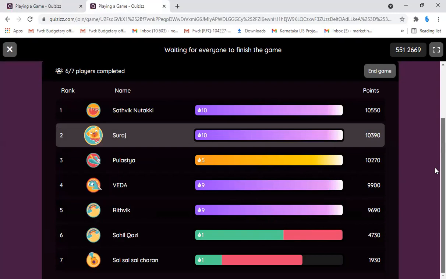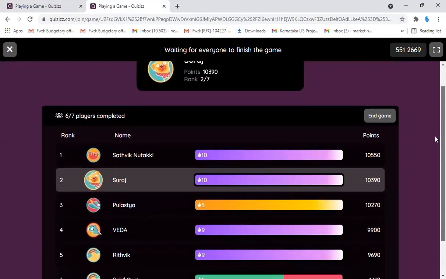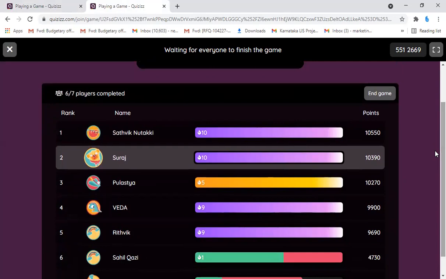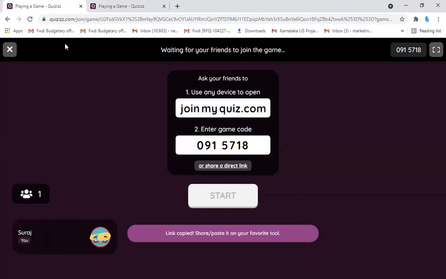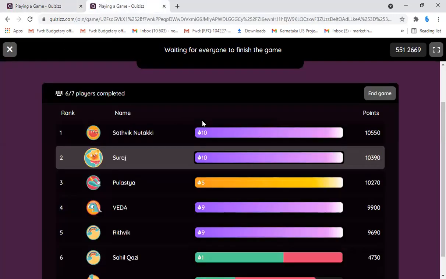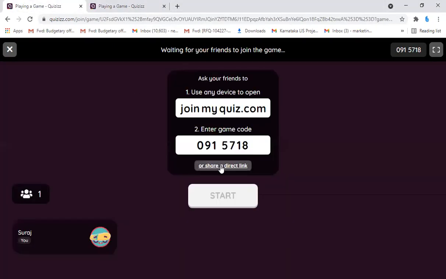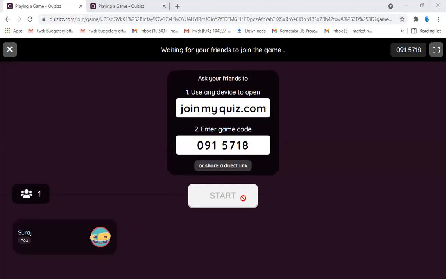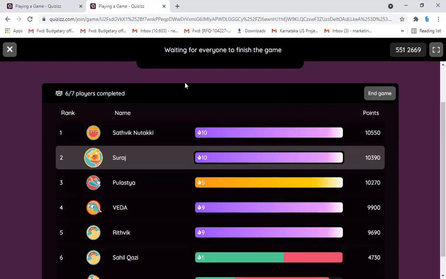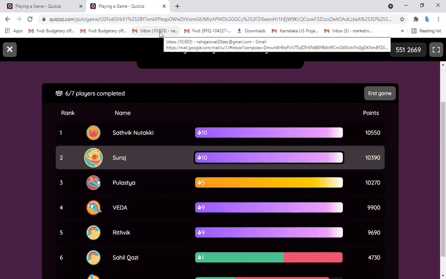Very easy. But why did you take so long and still win from me also? What have you done? Sir, I got one redemption question. The first one I got wrong, so I corrected it. Sir, in the middle I got one boost, which gives double the points. Okay, I didn't get any boost. Okay, children, next, I'm just sending you the next one. This is over now. Satvik is the top, then second Pulastya, third is Veda.